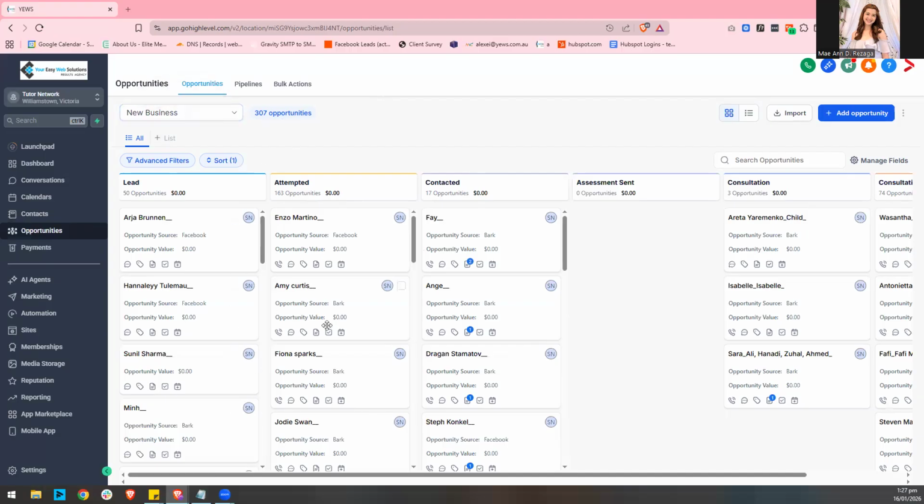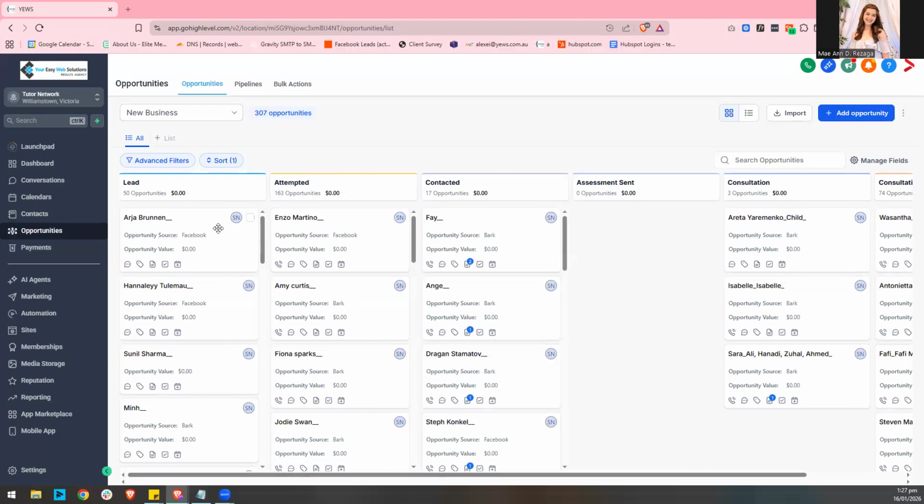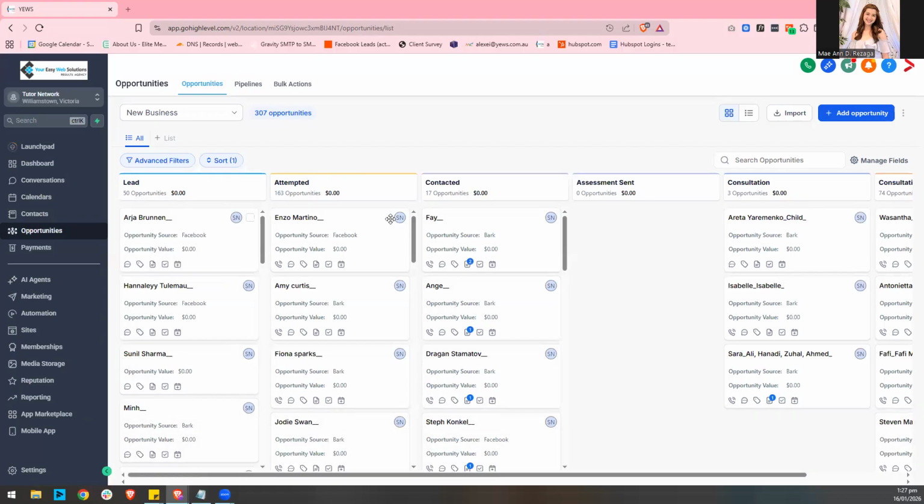So each column represents a stage such as lead, attempted, contacted, assessment sent, consultation delivered. As leads move through these stages, JHL keeps everything organized and up to date. In many cases, moving an opportunity can also trigger automations in the background.